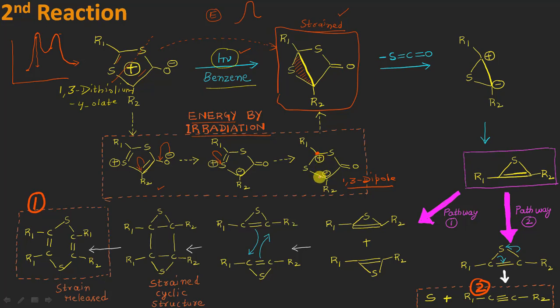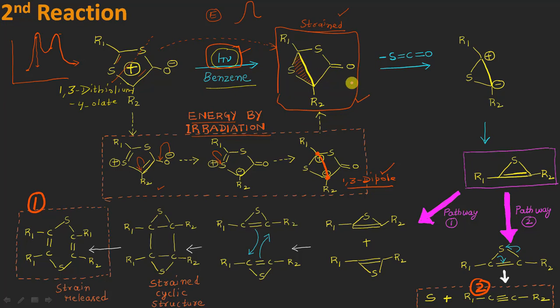Now what usually happens in the case of mesoionic molecules is that whenever we encounter such 1,3 dipoles, they always undergo reactions with dipolarophiles by a cycloaddition type of mechanism, giving some type of stable products, right? But in this case the dipolarophile is not there, and moreover we are providing high energy in the form of hν, so some reaction will definitely take place. And what will that reaction be? It will simply be the formation of a bond between this carbon atom, which is electron deficient, and this carbon atom, which is electron rich, which I have shown in this intermediate, right?